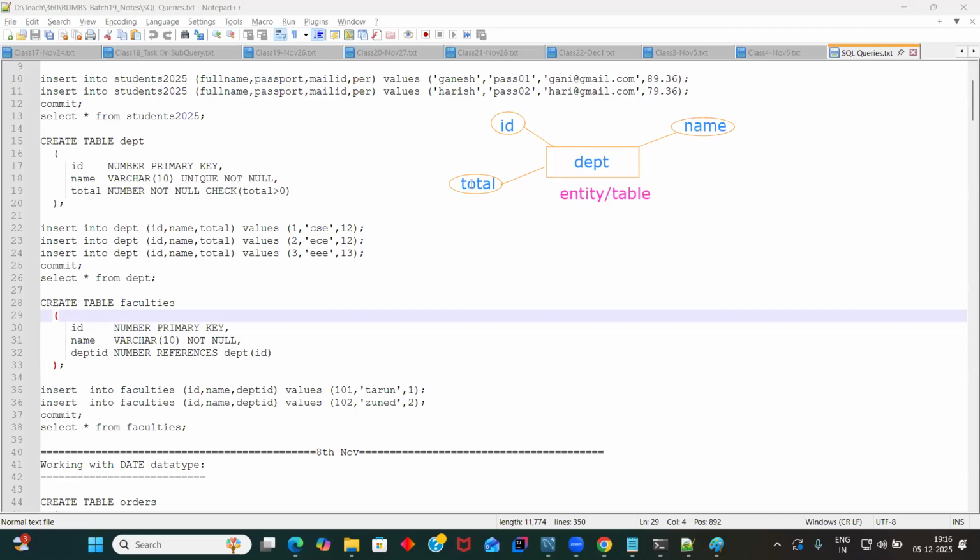Now ID and the other names are columns, right? But here, guys, we have to call them attributes. So we can say this is attribute 1, this is attribute 2, and this is attribute 3. Now we can say the department entity has 3 attributes. The department table has 3 columns, that you learned so far. But when it comes to project perspective, these terminologies will